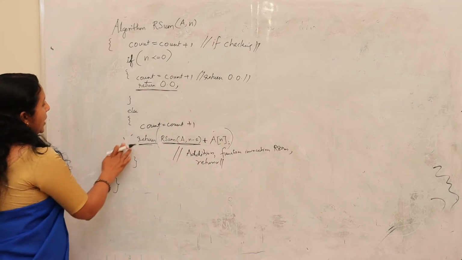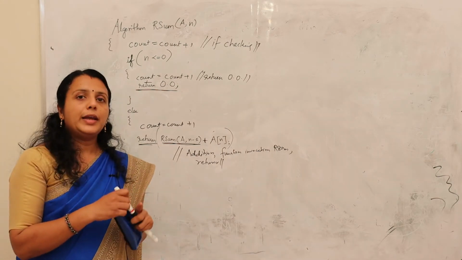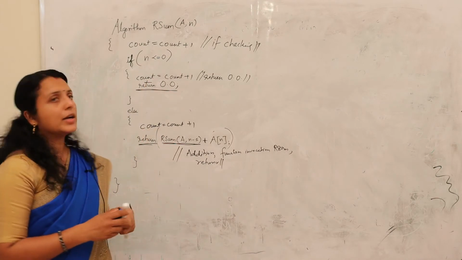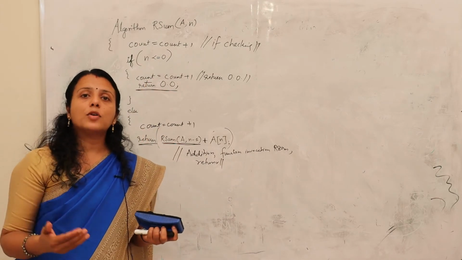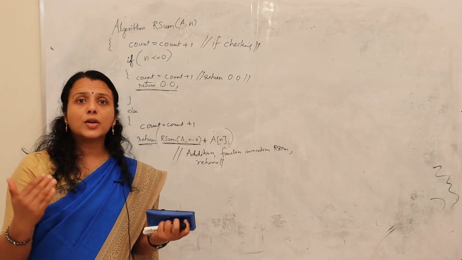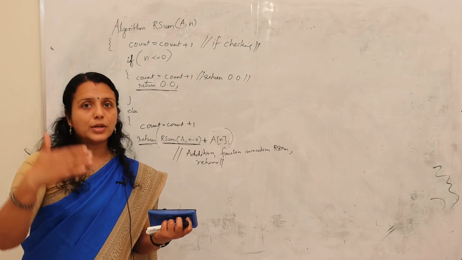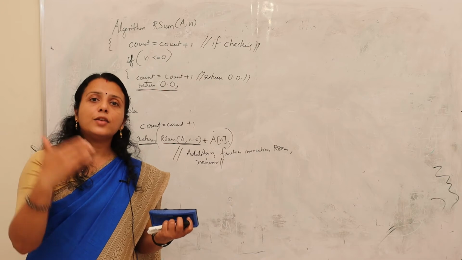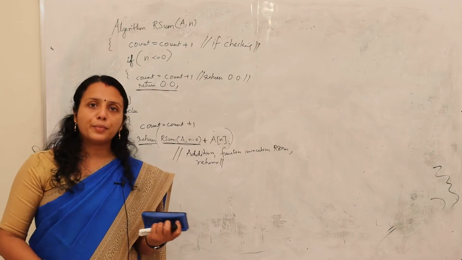Now for calculating the total time complexity of this program, what do you have to do? Individually you have written all those count statements, and now to find the total time complexity of this program, what is the next step? You have to calculate the total step count, isn't it? You have to count the total counts. Okay, and then only you can understand what is the time complexity of this recursive program.